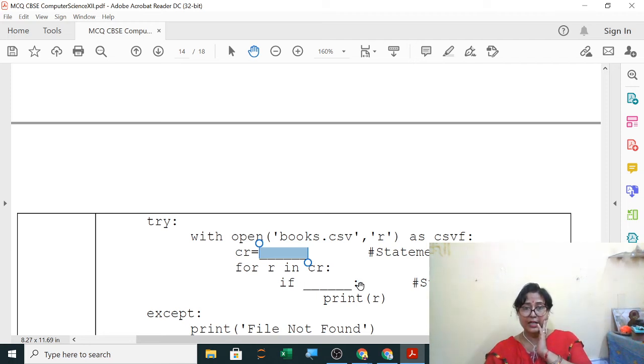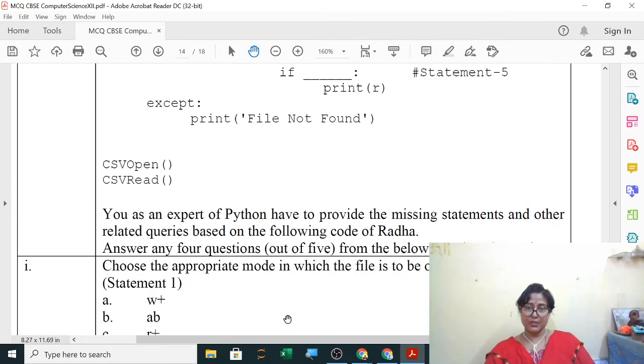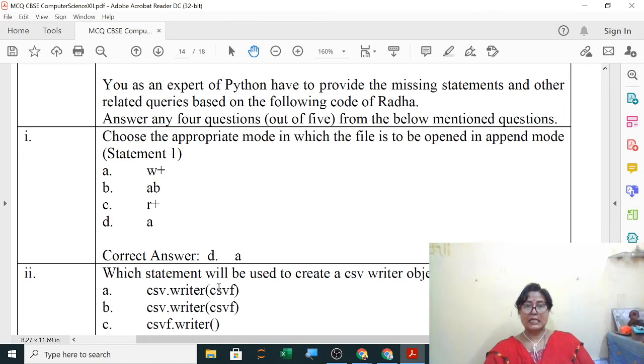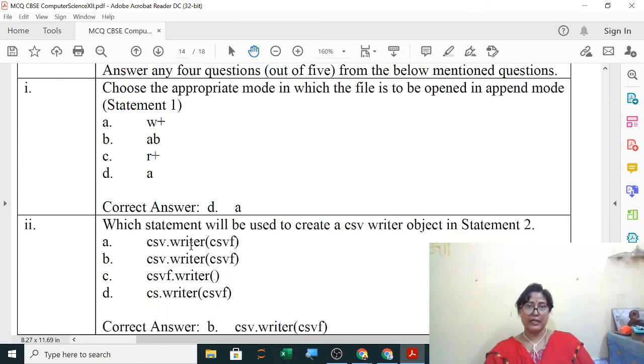If condition as per the question. We will see the question now. We haven't seen the question till now. So these are the 5 statements. So first you have already told A, correct. Second, writer function you have to start. So writer, the name was given to you. So it was CSVF was given to you. What is the difference between first and second?